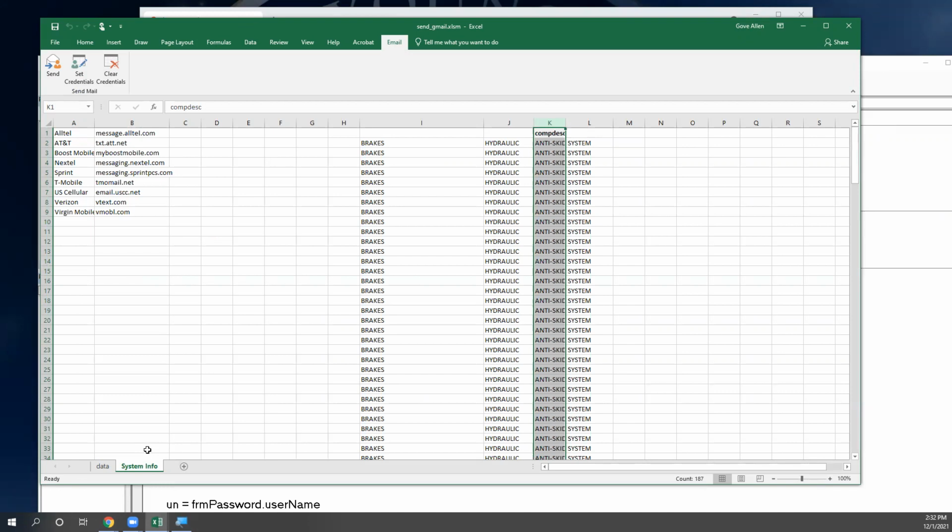Okay, so now we've put the app password into here, and as long as we can remember the little key that we put in, we should be able to access it, decrypt it, and use it in our